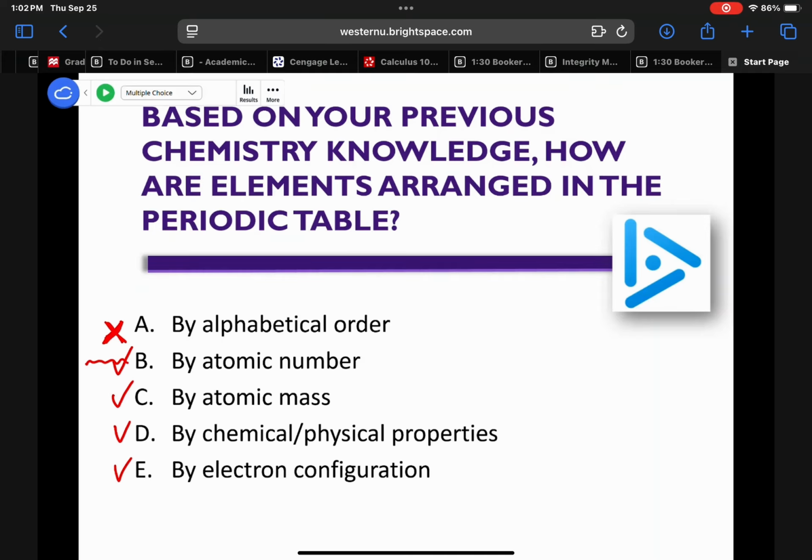The cool thing is the periodic table was built and designed before scientists knew about atomic number, before they knew about the number of protons. We can now use our periodic table to figure out electron configuration. I showed you that today and last week. They figured out the periodic table before they knew about electron configurations and electrons, which is amazing. So as much as I love that it's ordered by atomic number and by electron configuration, it was built based on mass, or what they assumed to be the mass, and the chemical and physical properties,